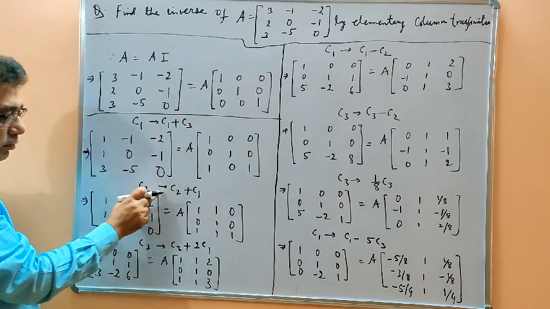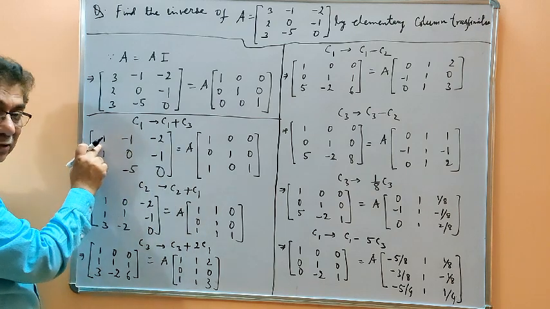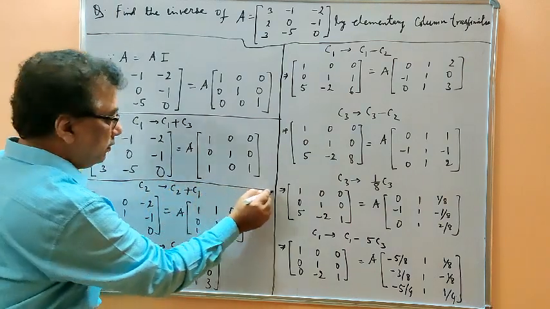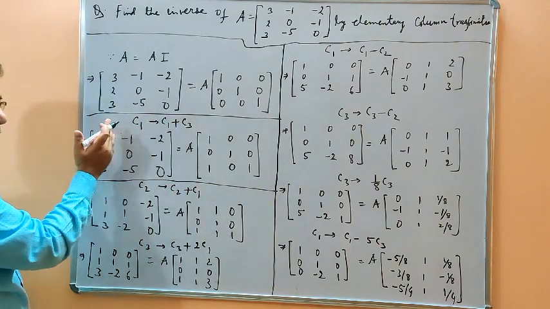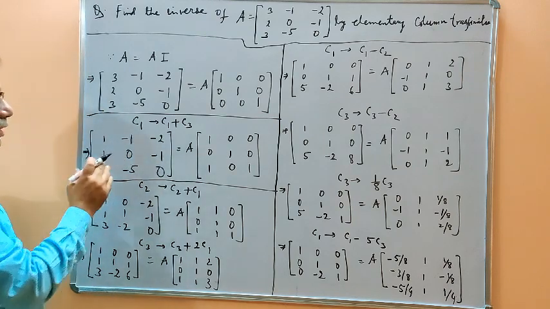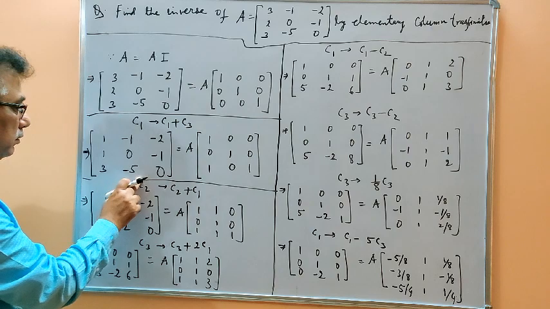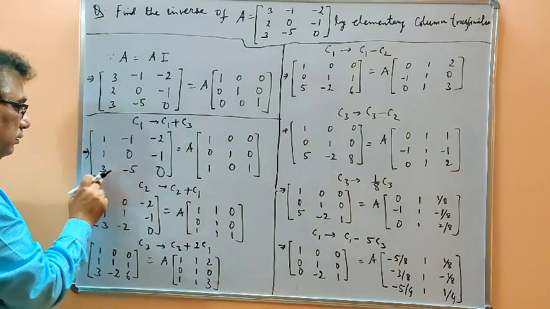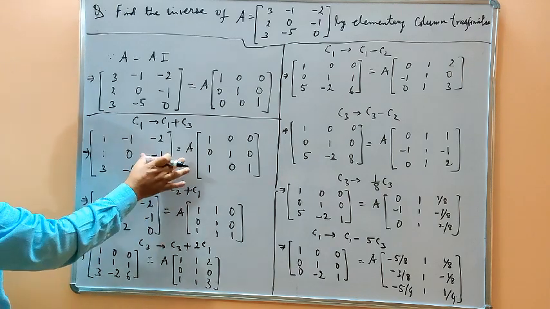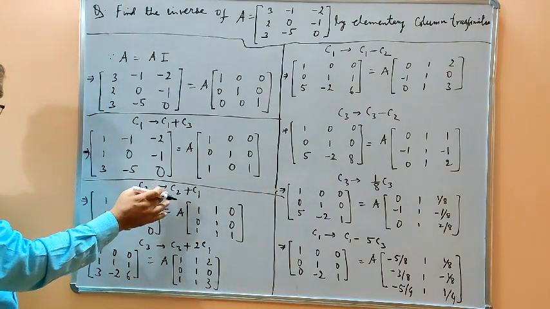So to get 0 at this place, what will be the operation? In column 2 we have to add the elements of column 1, because we have to use this 1. Okay. So that is the next step. We have added the elements of column 1 to column 2. Okay, so this is the operation. This is the result of the previous one. Now this is the next one, in which we are adding the elements of C1 to C2.